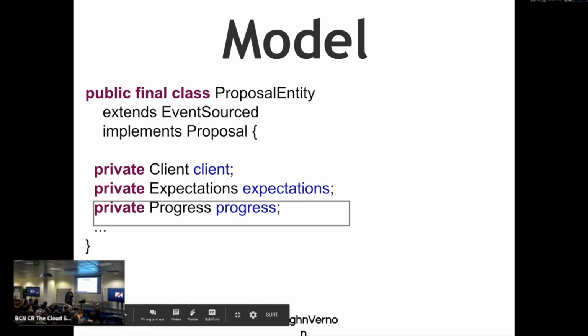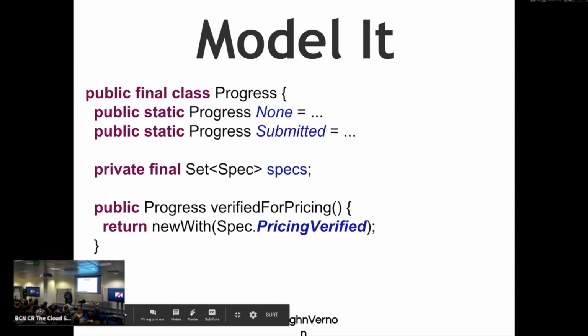It's a natural concept that works out in business terms, and it's not just a technical implementation. So, for example, when a progress says that it's verified for pricing, it's going to answer a new progress that it has verified for pricing. So this is actually a very functional way of doing this. The progress is what we would call in domain-driven design a value. It's a value type.